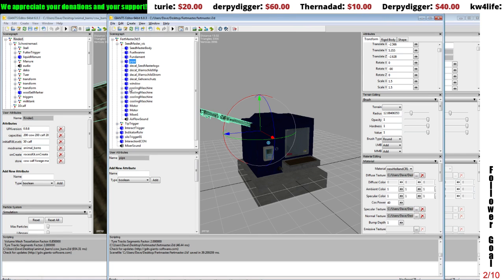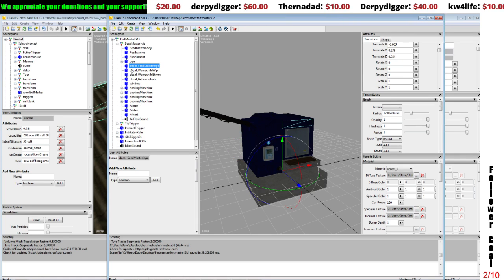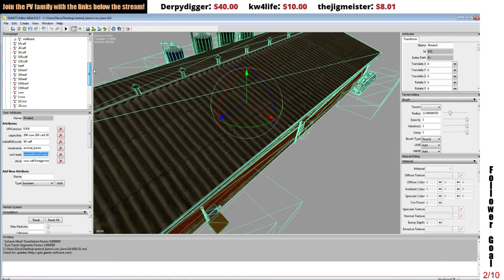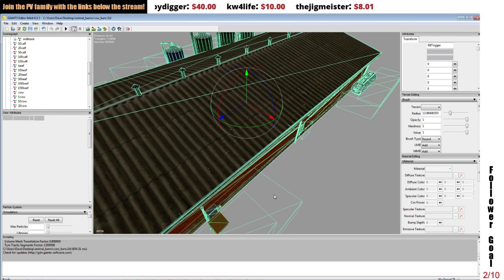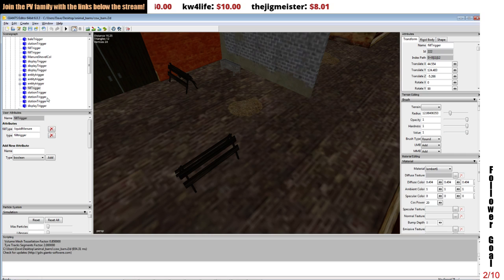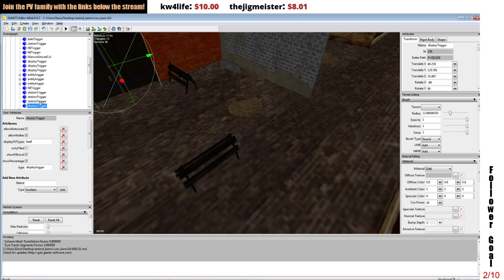And we're not going to have a rotating pipe, but what we're looking for, the interact trigger on our map, it would be your display trigger basically. So when you walk up there, you're going to need to have a display trigger to show what's inside the little thing. So all my little barns have that. That's the fill trigger. Let me grab some triggers here. We're going to need a display trigger,